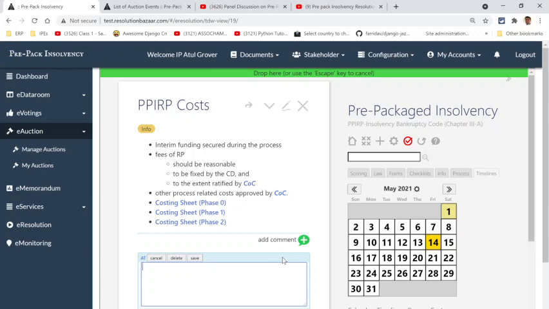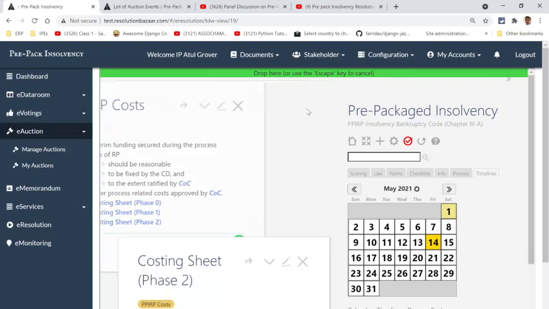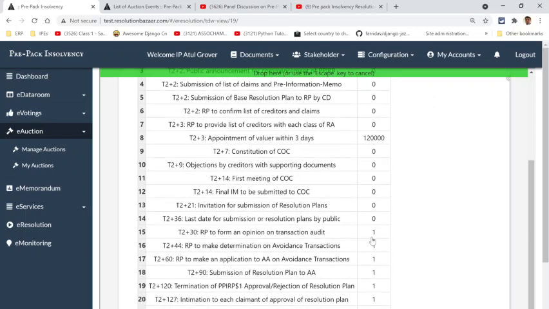So we are trying to standardize the plan here. Everybody just has to give in their comments, and then we get a resolution plan based upon everybody's different comments, which then the system can compare and score. Now, I could show you a demo of that, except that it's going to become very long. Let's complete this first, and let's see what we can cover, and if we really want to cover, in this video itself. So, resolution plan to form an opinion on transaction audit.